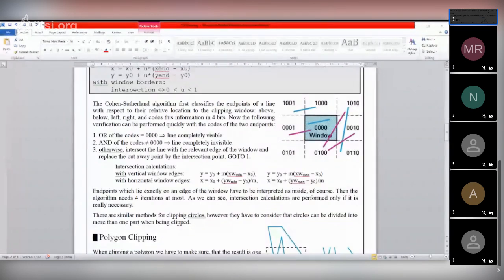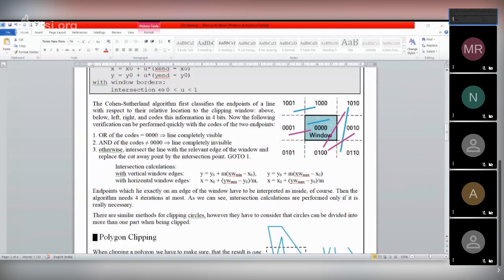That means by this 4-bit representation, we are checking whether a particular coordinate or point is inside this window or outside.